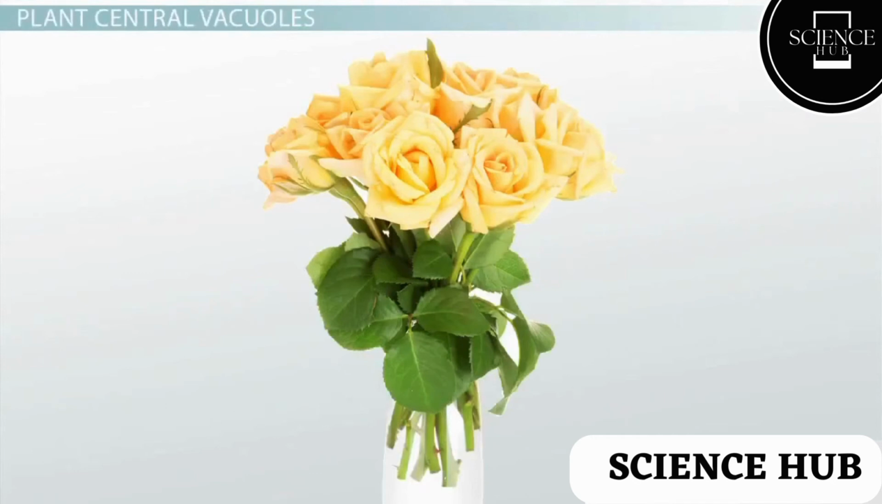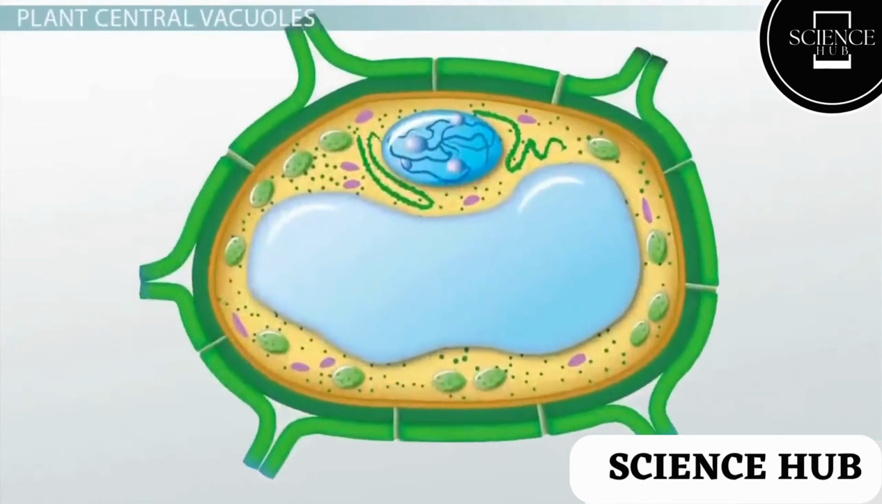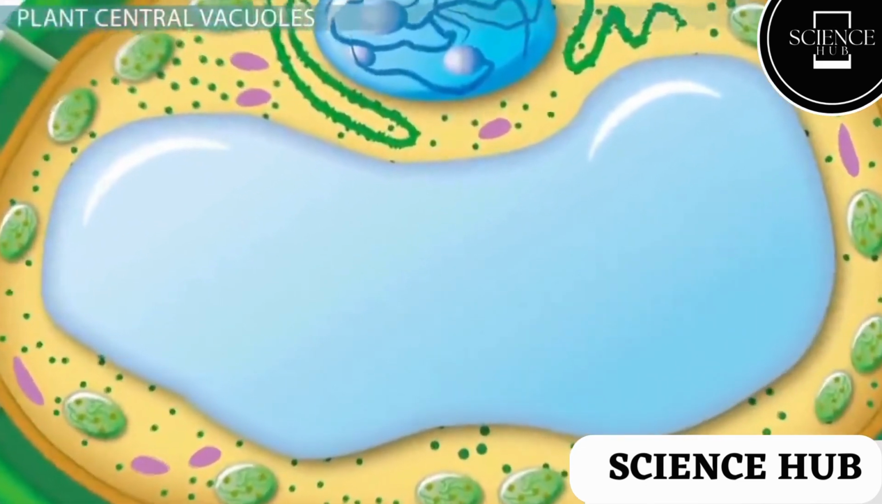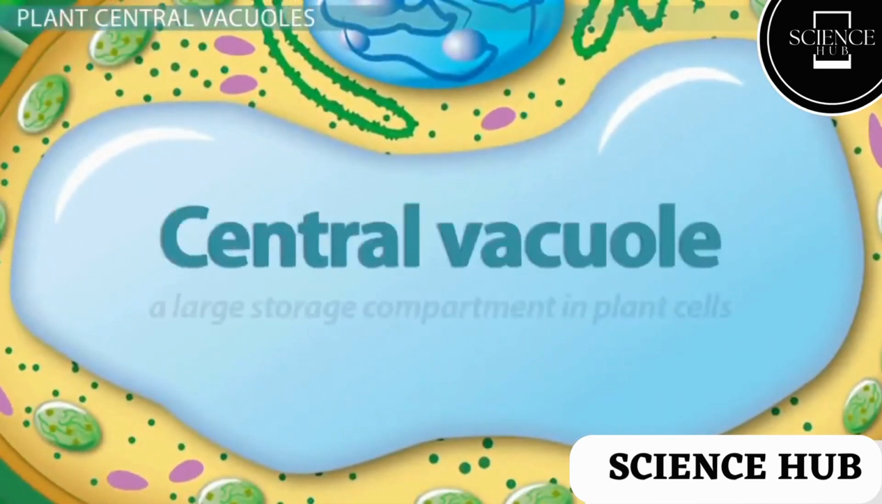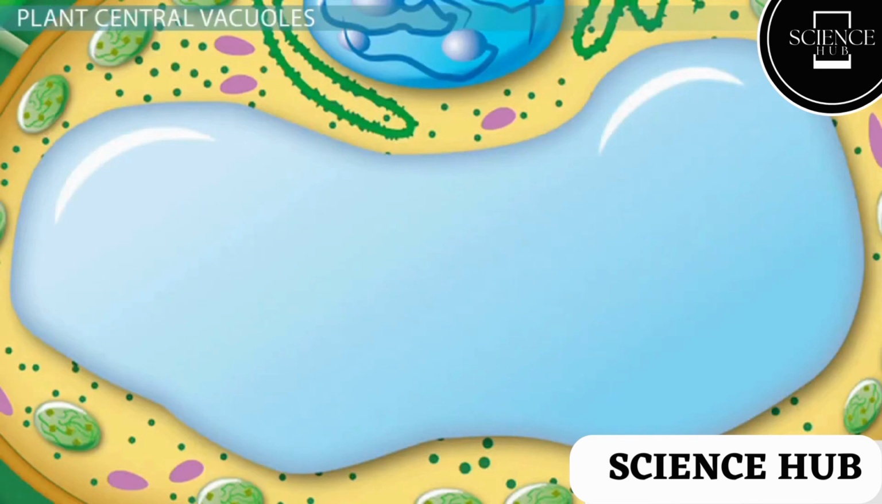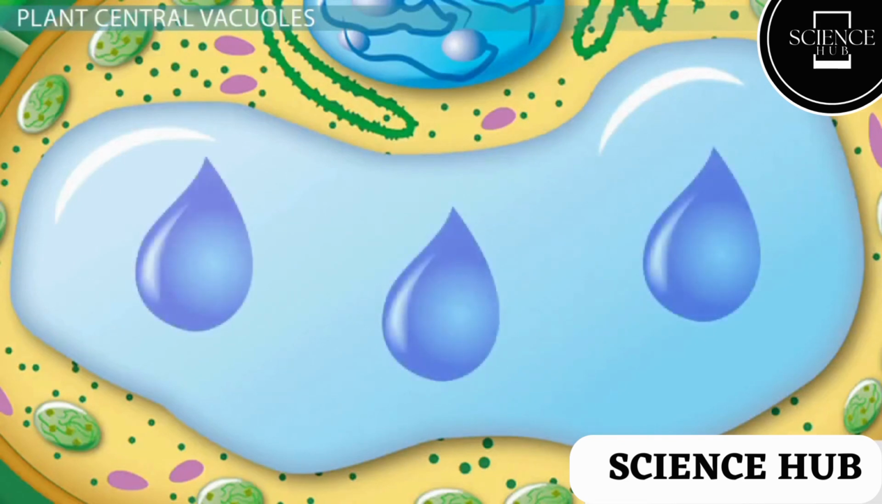In addition to a cell wall, plant cells also have this very large structure that can take up as much as 80% of the cell's volume. This is called a central vacuole, a large storage compartment in plant cells. What can this vacuole hold? Well, although other non-plant cells can also have vacuoles, plant cells have these characteristically gigantic vacuoles that are a large